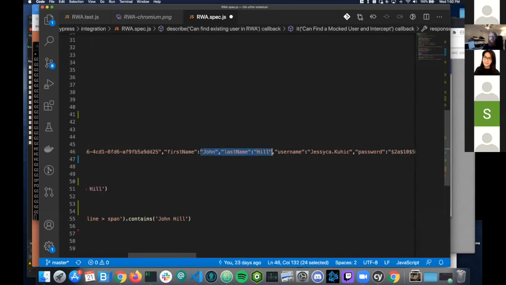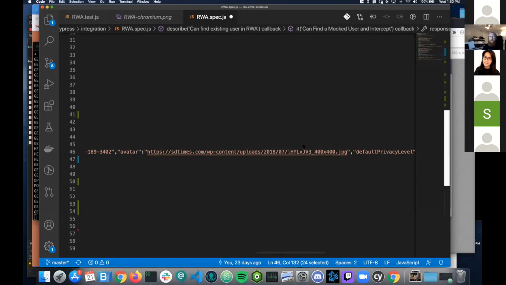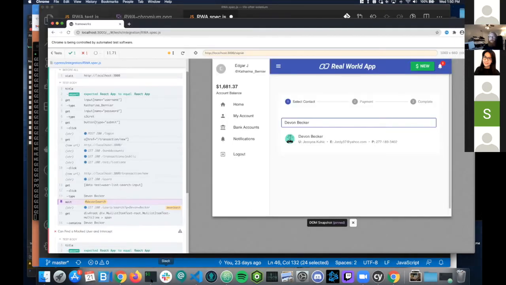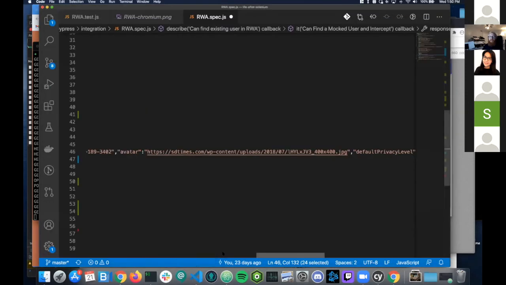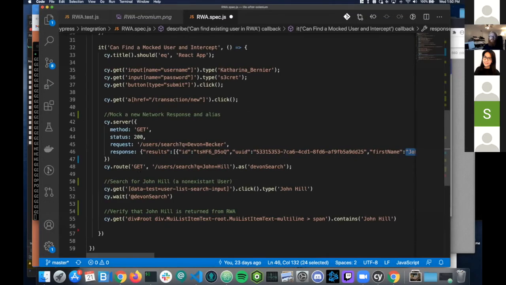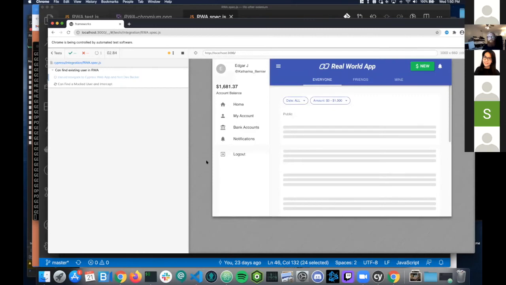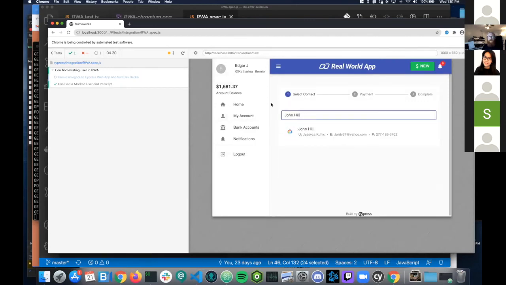Remember we looked at what that JSON object looked like. We're also going to change the little avatar that's returned, and I just found a random one online. So let's go ahead and give this a shot. We're basically intercepting and then manipulating the network request from the perspective of the browser and your application under test. So John Hill